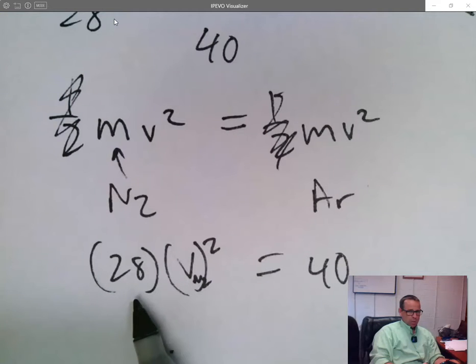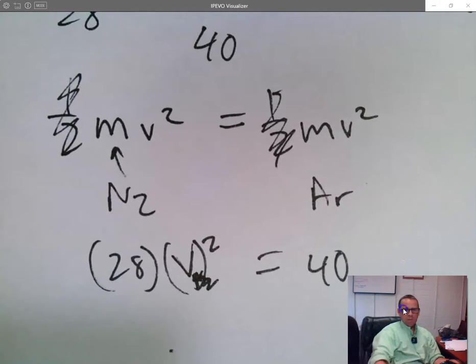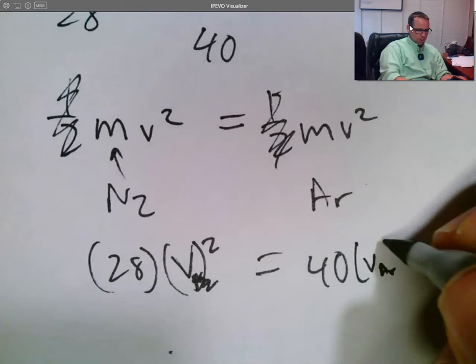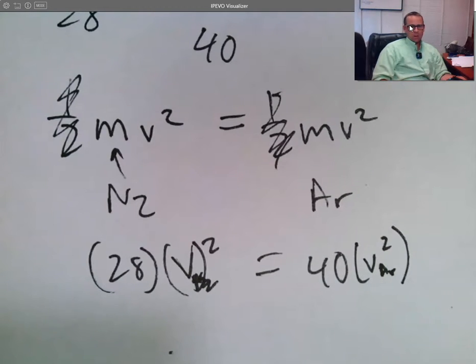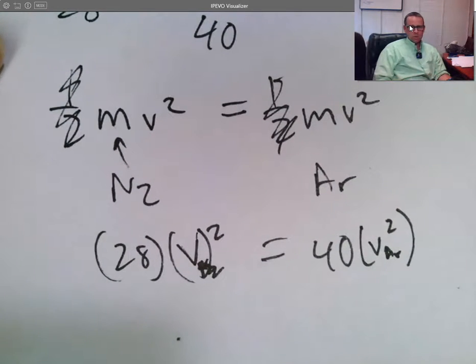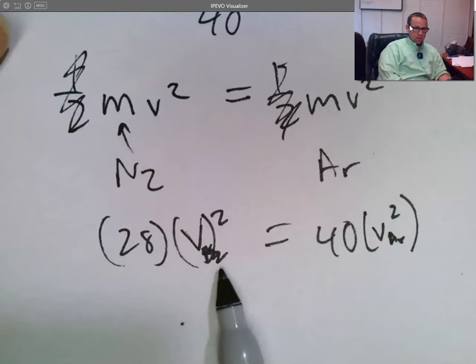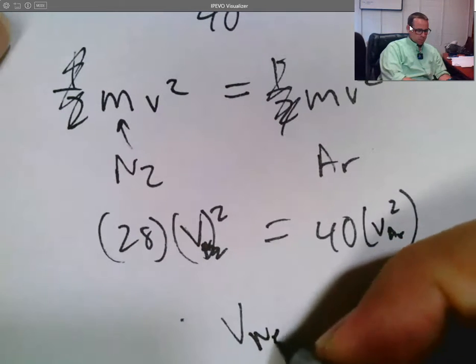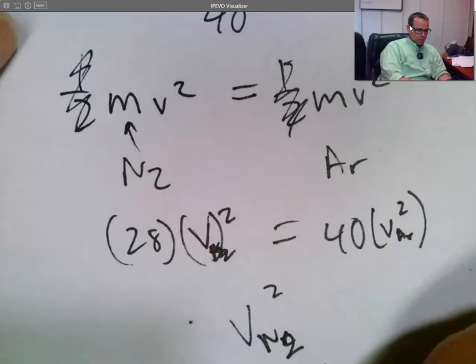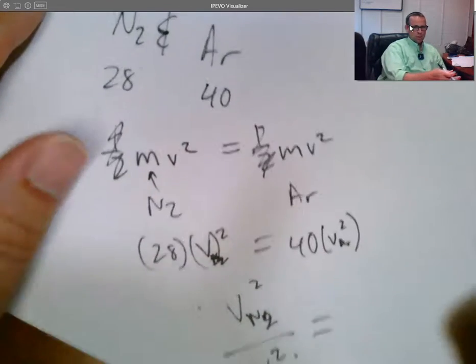The mass of the nitrogen is 28 grams per mole. The velocity I can describe as V of the nitrogen gas here, right? The mass of the argon, 40, and I can describe the velocity here as the velocity of the argon squared, all right? So then if I wanted to compare the velocities of these two species, the velocity of the nitrogen gas squared over the velocity of the argon gas squared, I could set that equal to,